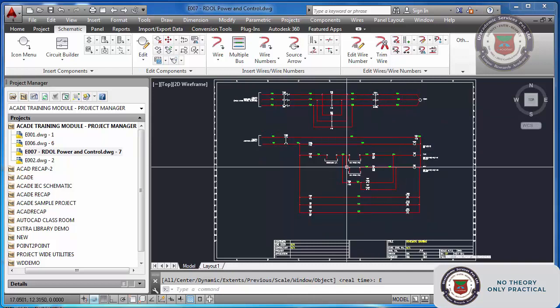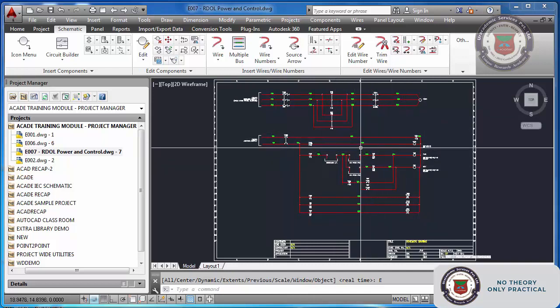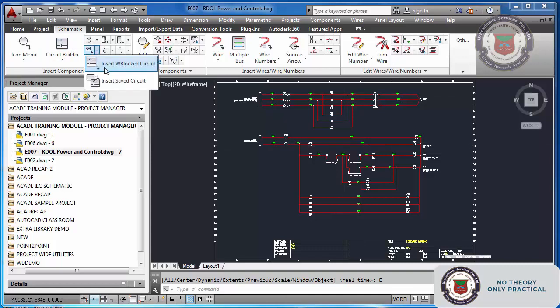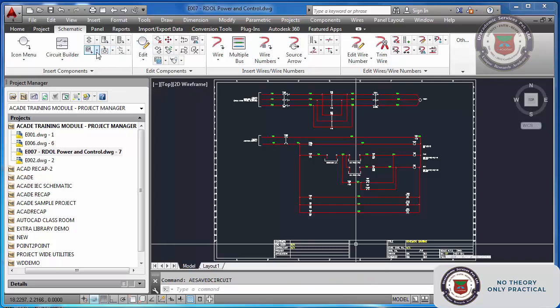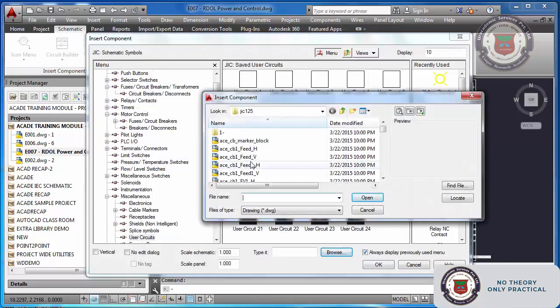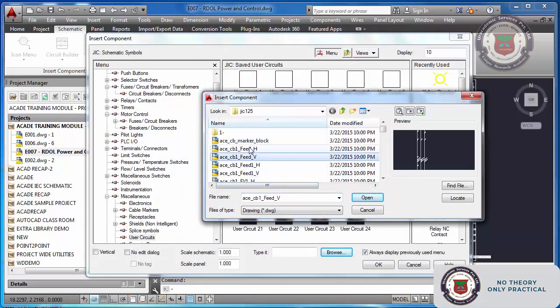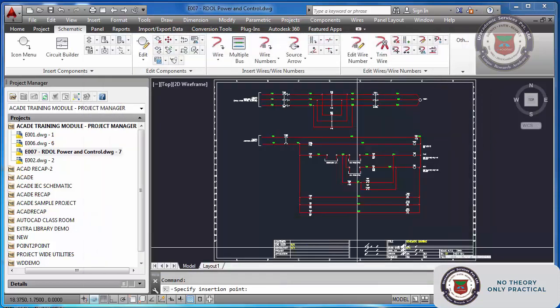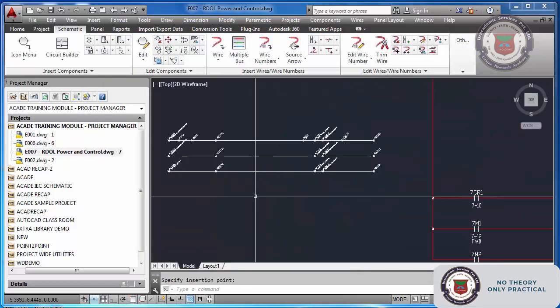So that is how we can create a circuit. Once these types of circuits are created, these are all standard circuits. You can save these circuits in your library. You can reuse this. Here is an option, I think it comes here. Once you complete the circuit, you can save the circuit and insert the circuit like this. You save the circuit somewhere else, you can insert it in this way. Here these are all some user circuits inserted like this. You can insert again for future use.